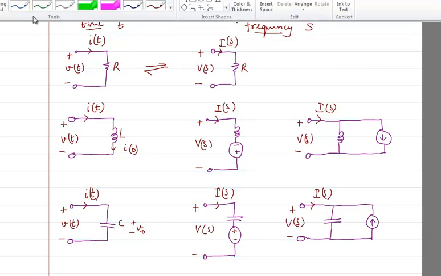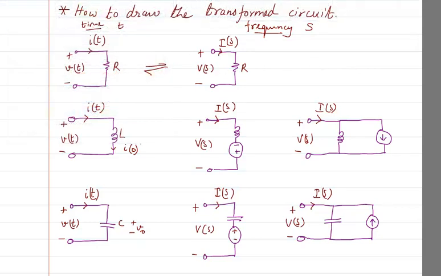Now let us look into the case where there is an inductor. Suppose there is an inductor across which there is a voltage and a current passing from top to bottom. How is it going to be transformed? To understand its transformation, we have to look at something called the initial current. What is the meaning of initial current? See, this is i of t. That means it goes all the way from minus infinity to 0 to plus infinity. So when we write t, it means all the way from minus infinity to plus infinity.